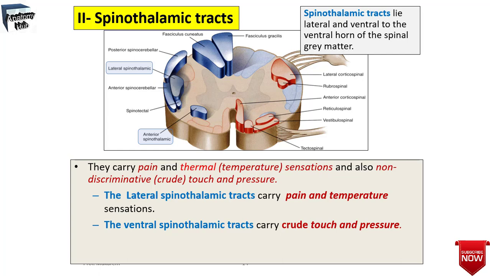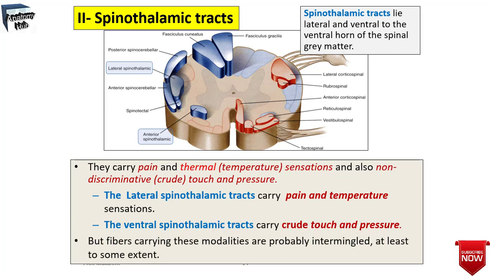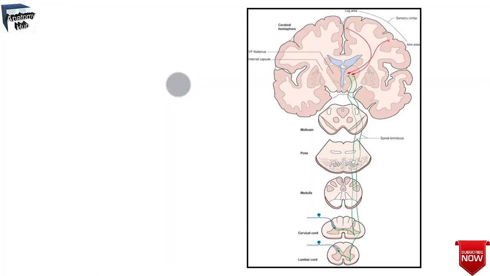The dorsolateral tract of Lissauer is a small bundle of both myelinated and unmyelinated fibers. Here you can observe the